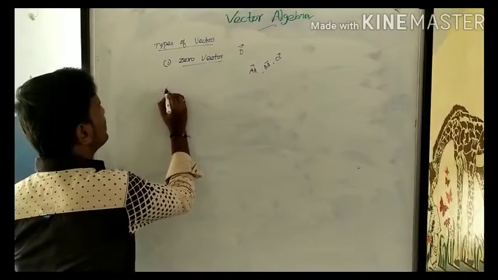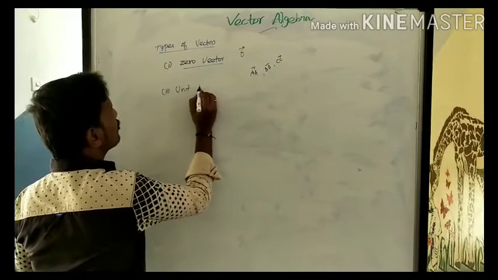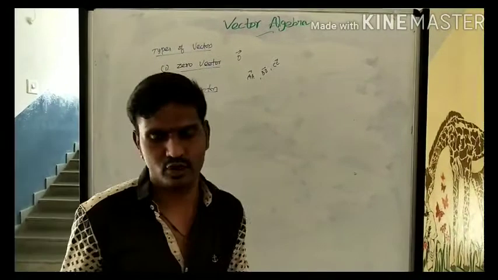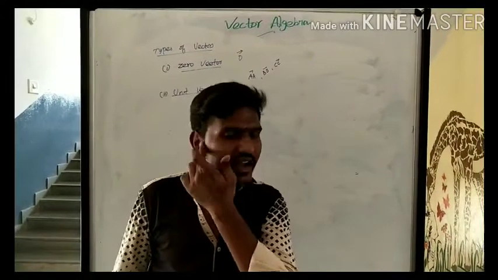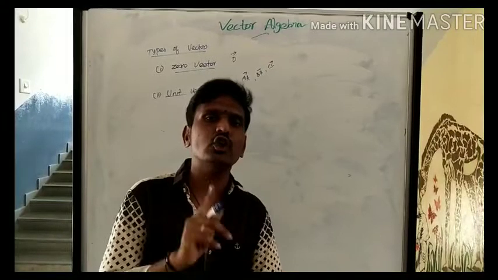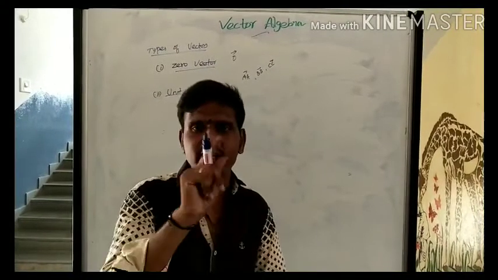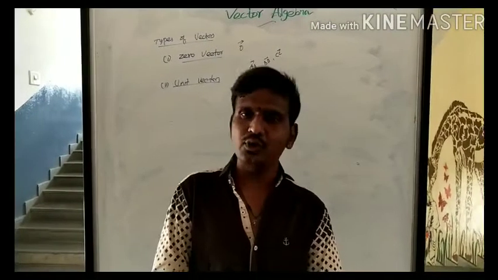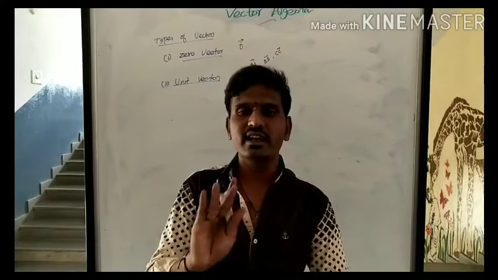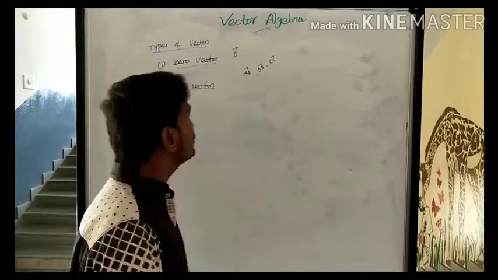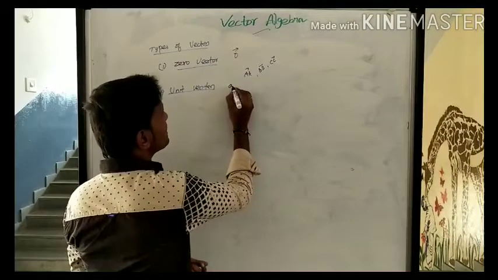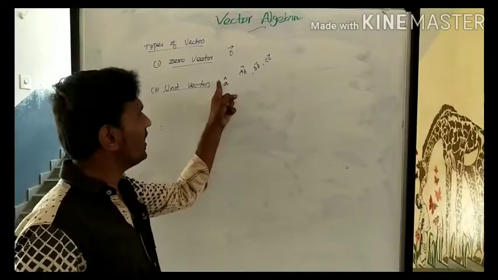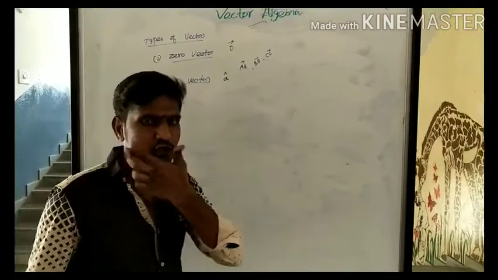This is very important. One more question, maximum number of times this is asked for the unit vector. A unit vector means the length of the vector is equal to one unit. Do you know what unit is? One. A vector whose magnitude is unity, that is one, is called the unit vector. The unit vector is mentioned by a cap. Okay, not vector, this is a cap. So we have one formula.